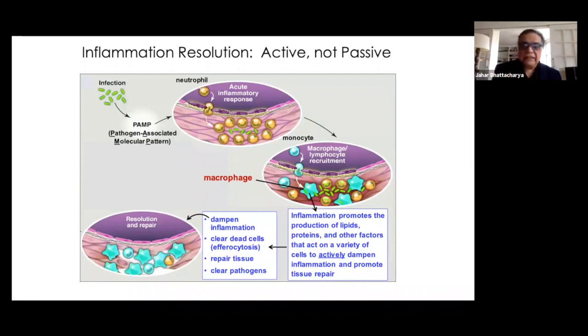And here the emphasis is on active because these processes initiate as soon as the inflammatory process itself initiates. So the two go together. And the resolution mechanism, there are a whole bunch of them, including one that Ira works very avidly on, which is called efferocytosis, in which these macrophages pick up infected cells and thereby eliminate the infection. There are also these other mechanisms. So this resolution and repair mechanism is therefore extremely important,